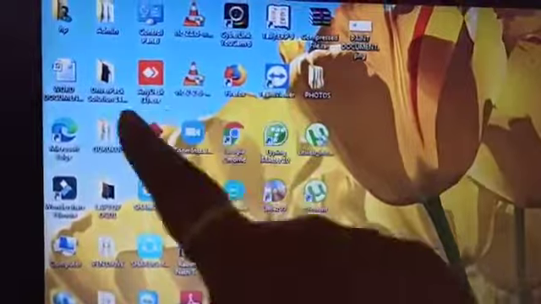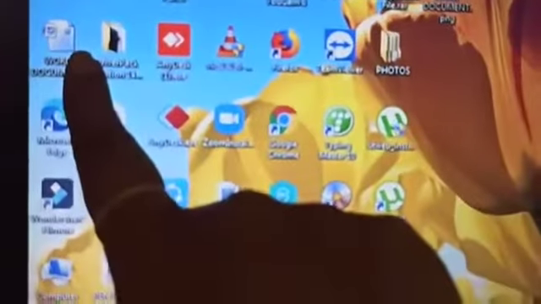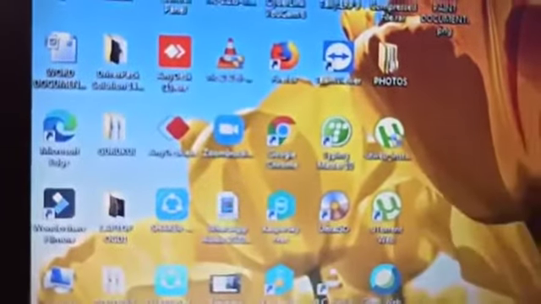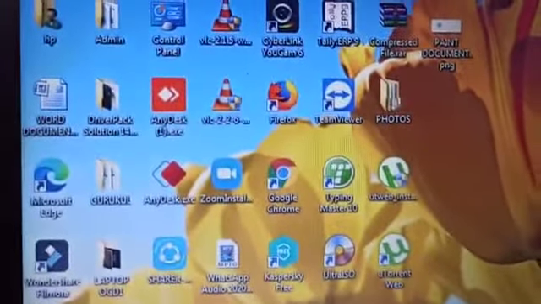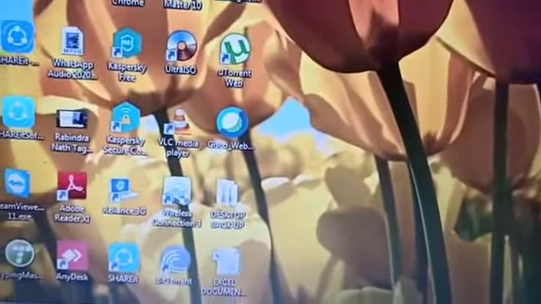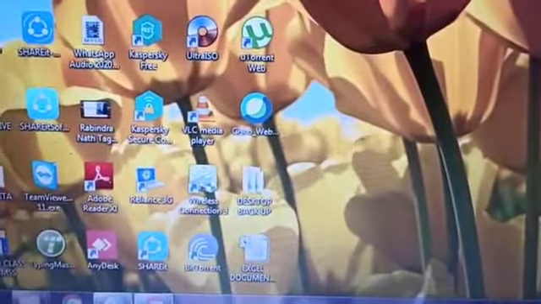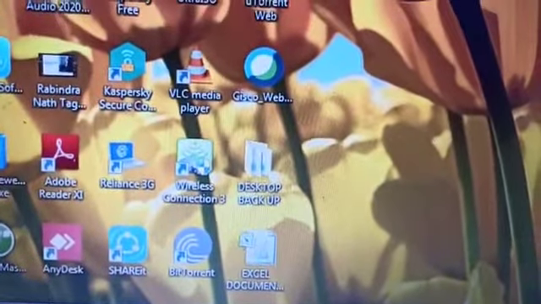See students, this Word document, this is a file. Next here, Excel document. This is also a file. Can you see students?